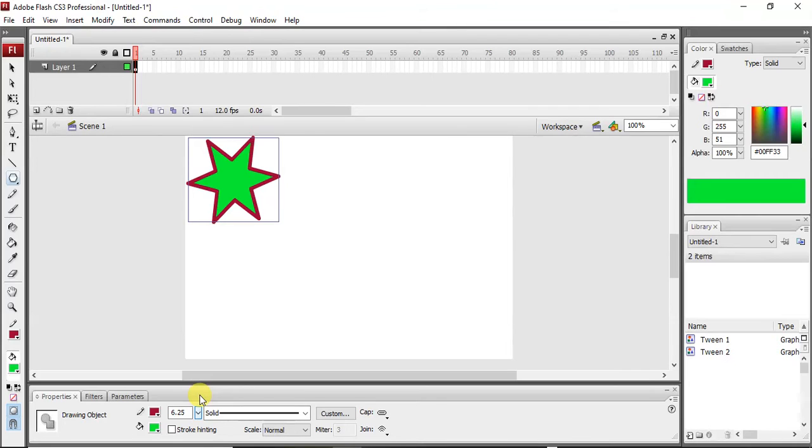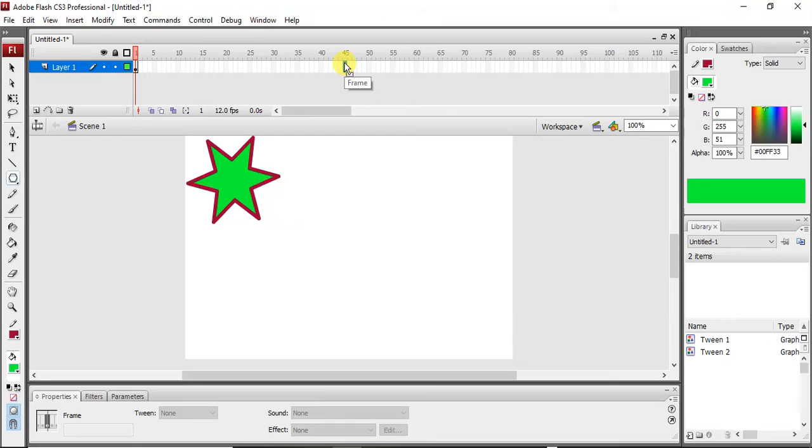To create the motion tween, first of all we have to come to the timeline. After drawing the image, come to the timeline. This is the timeline area, and these are the frames, keyframes, on the timeline area. Choose any point in the frame area. Suppose I have clicked here, and after clicking on the frame, press the function key F6. After pressing F6, this area is there to perform your motion tween. So after pressing F6, your timeline is fixed.